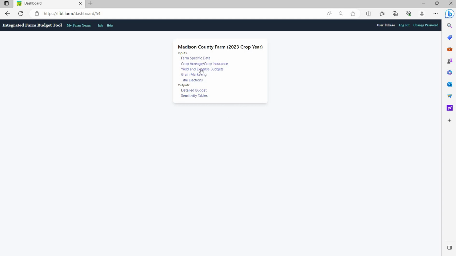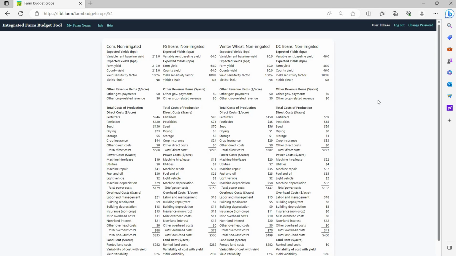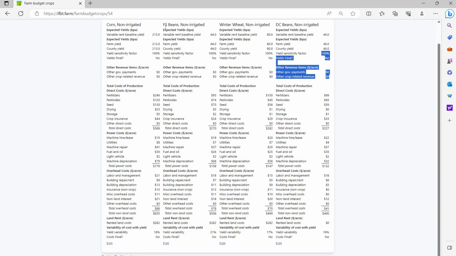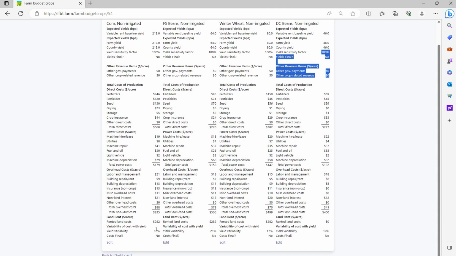We first assume that the farmer and the landlord can agree to, as part of this contract, a baseline yield that is reasonable and appropriate for purposes of the market, and that's where this is entered in this section, 213. We're going to assume that that's the same as what we're using as our budgeted yields, and we'll assume that the farmer and the landlord can also agree to a rented land cost per acre as a fair benchmark starting point.